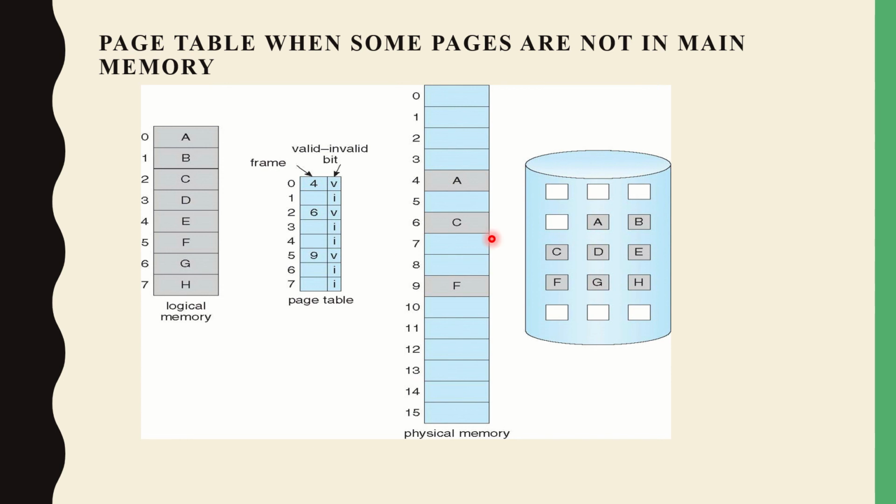So in the previous case, see here, when the CPU wants to execute this second page, or this first page instruction B, it will search in the main memory. It is not there, correct? The first page instruction is not there. At that time, a situation called a page fault occurs.